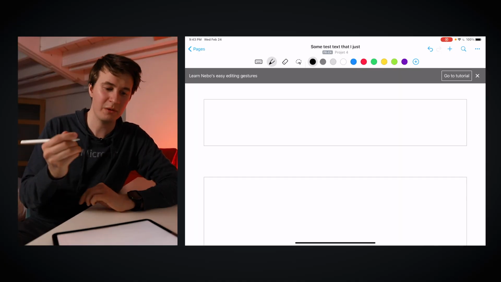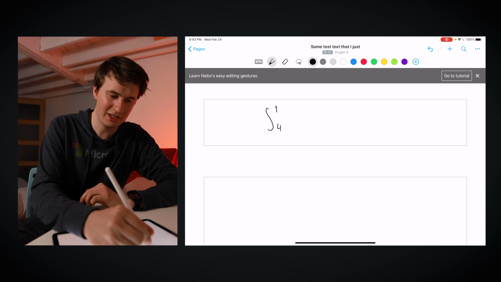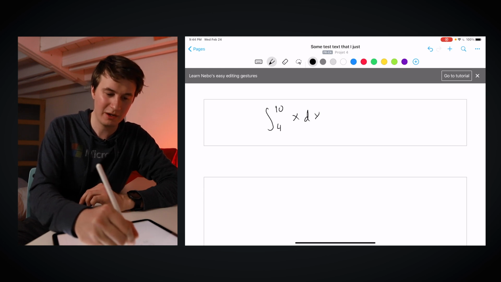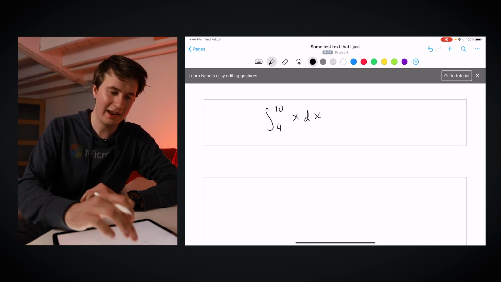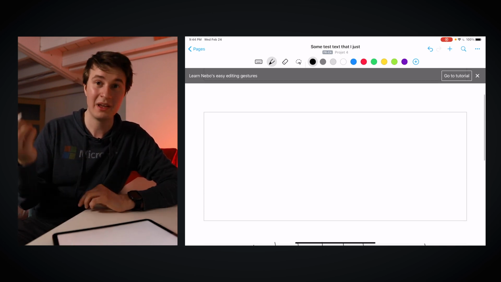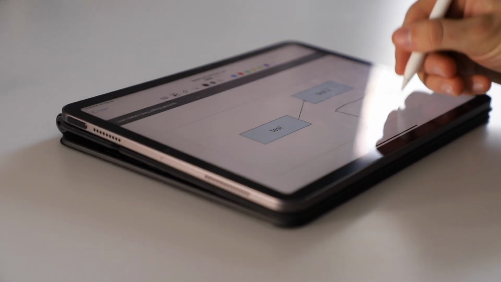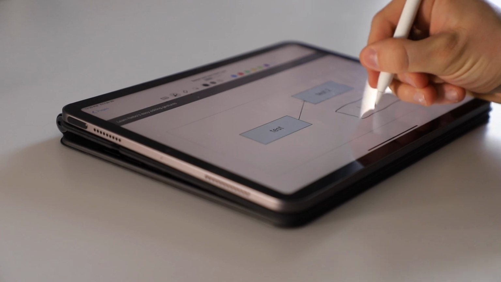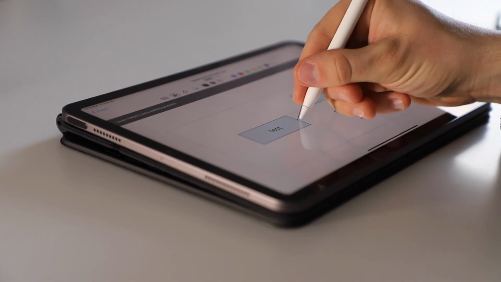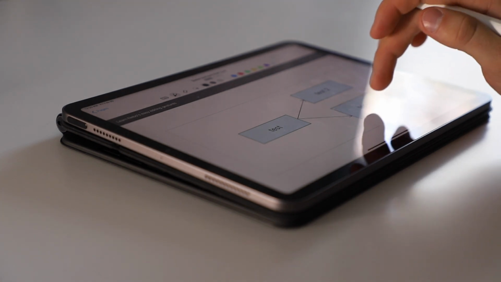So if we come inside of here, we can actually write some more complex math problems. If I write an equation here, I can just double tap on the equation, and it's going to transfer it automatically inside of a normal, nicer view. And we can also draw some diagrams here. You can simply draw a diagram pretty quickly like that, and double tap, and it's going to convert it. There was just a small error here, but if we fix it here, put an arrow,